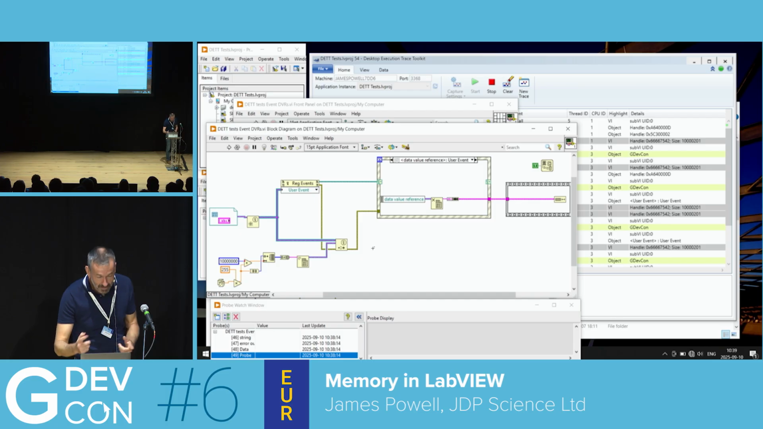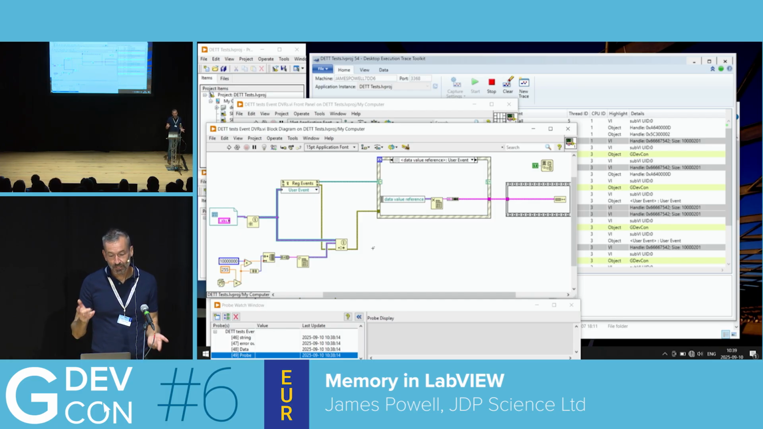is to put it in a DVR. So these are short-lived DVRs where you take your data, put it in a DVR, send the DVR, and then just immediately release the DVR to get the data. Putting in a DVR and taking it out doesn't make any copies either, so that's really good,